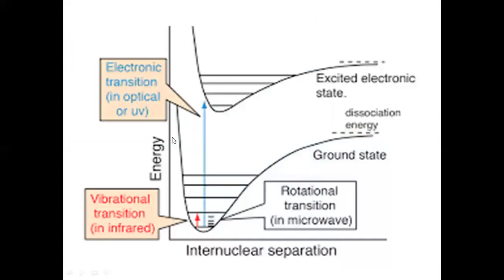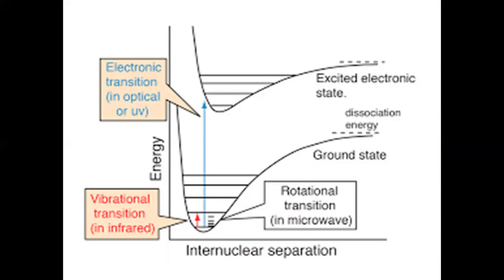Okay, so this is a backbone. In UV you have studied that ultraviolet and visible radiations are capable of causing change in the electronic energy of the molecule. You have seen that each electronic energy level is further subdivided into vibrational energy levels. So here you can see numerous vibrational energy levels associated with the ground state as well as the excited state, and each vibrational energy level is further subdivided into rotational energy levels. So there are numerous rotational energy levels associated with each vibrational energy level.